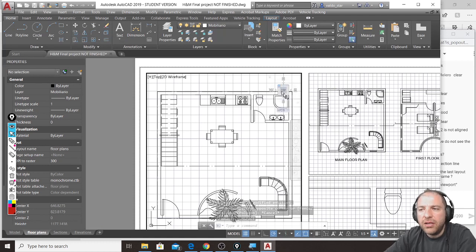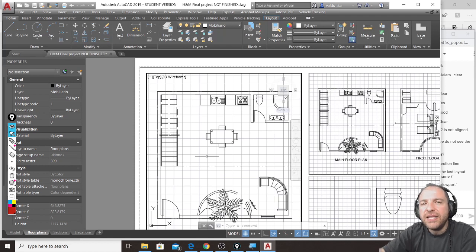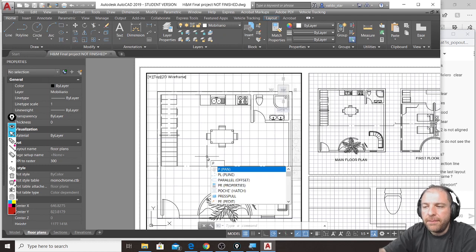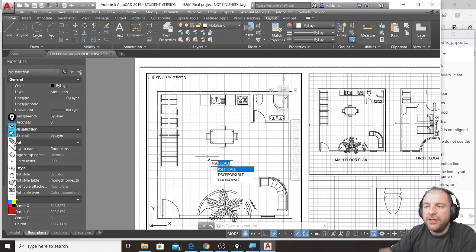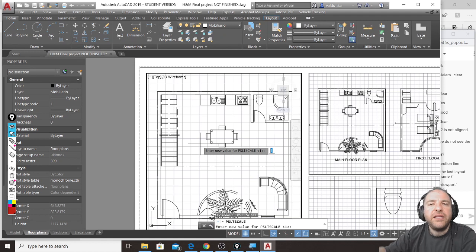When you are inside your viewport, you have to write this utility that is called PSLT scale, and it appears automatically just when you type PSL and you select this tool. In here, instead of new value 1, you have to type value 0. You press enter,